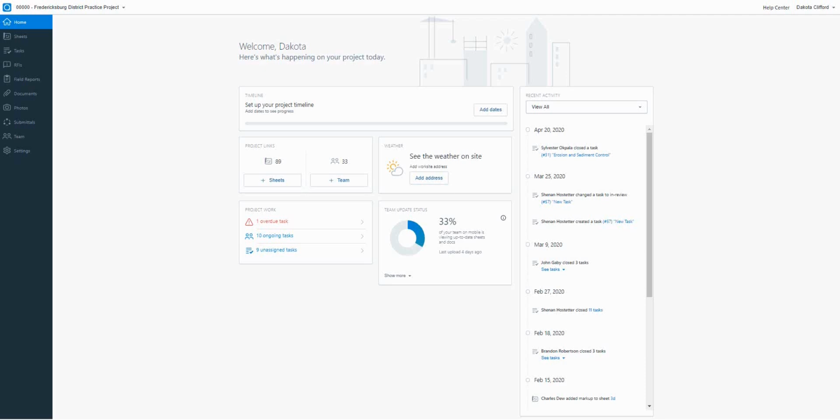Today we're going to take a quick look at one of the new features within the Field Reports tool. That is the ability to collaborate on field reports and to do so in sequence. So essentially what this allows our users to do is assign a field report after they've started working on it to another user. Specifically, we've created a custom field report today that allows an inspector to complete their field report